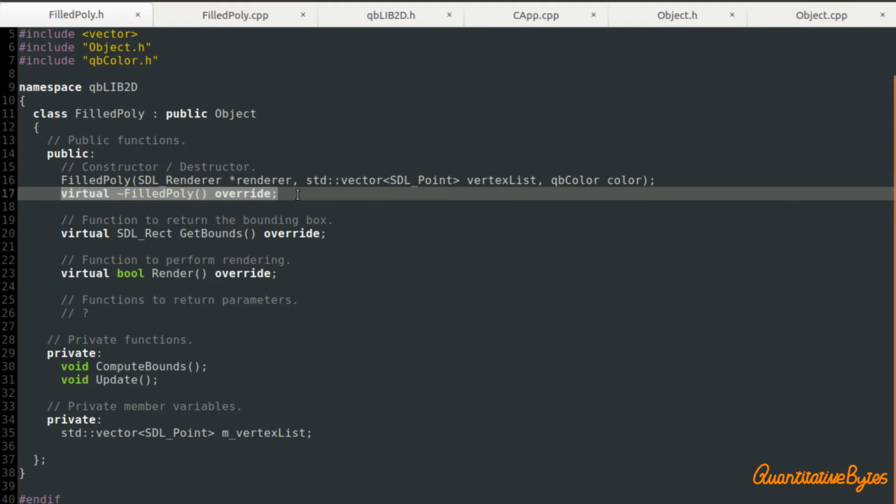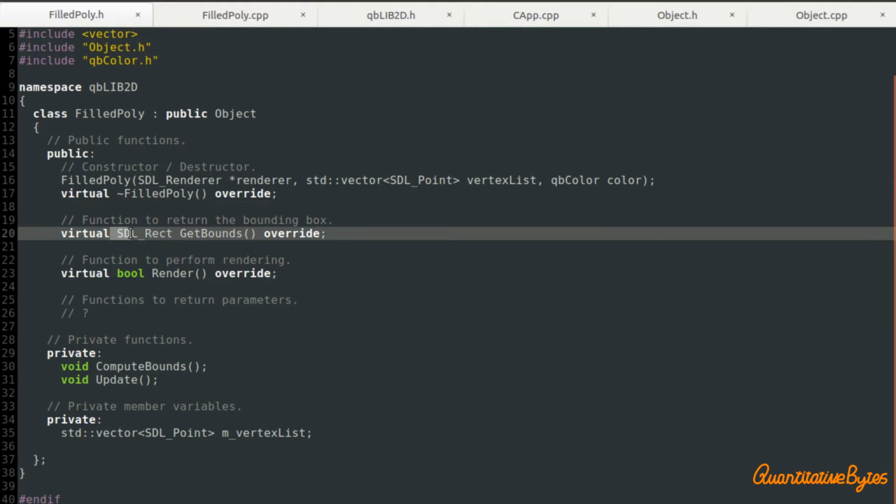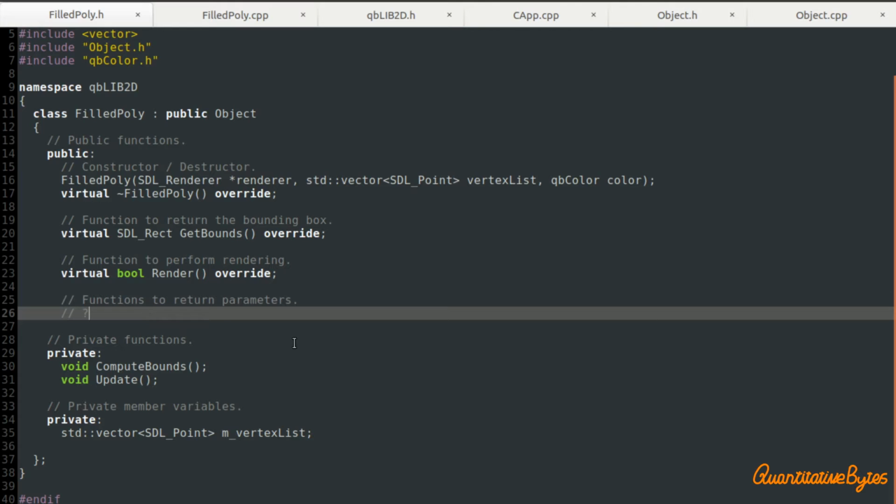As before, we have the destructor function, and we override the virtual function for get bounds as well to return the bounding box, and we have our render function. I haven't yet defined any functions to return parameters. That's something to come back to later. With private functions, we have compute bounds and update. Those are exactly the same as we had for the circle class.